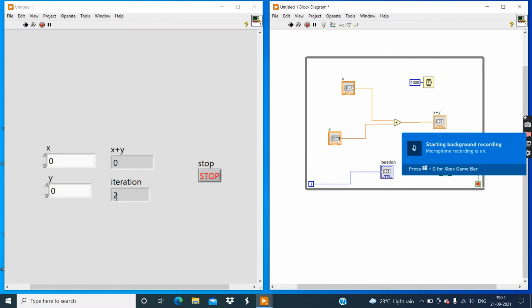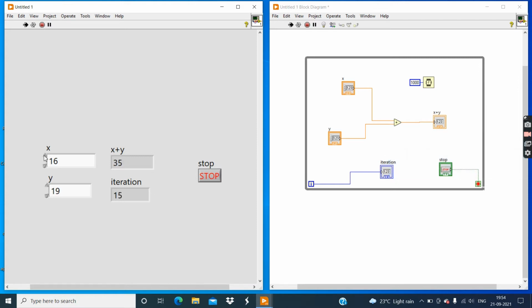You can see the iteration after every 1 second. Now make changes in the input values and see the result. I can say that this is the beauty of LabVIEW, that we can make changes easily in this code while it is running. Now give point values, that is 48.76, and see the changes in the result, 19.56, 19.67.